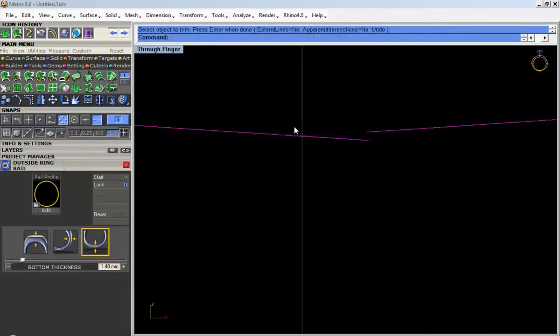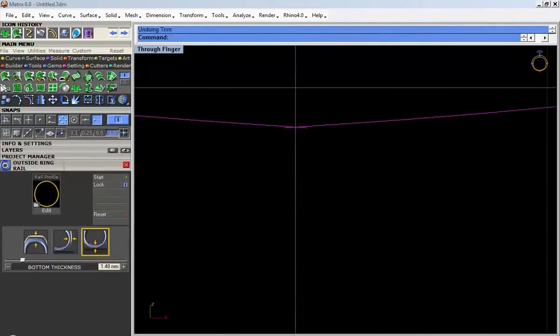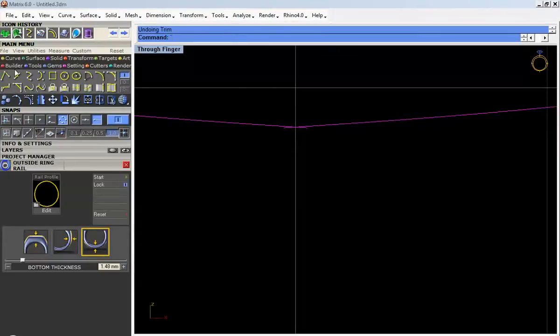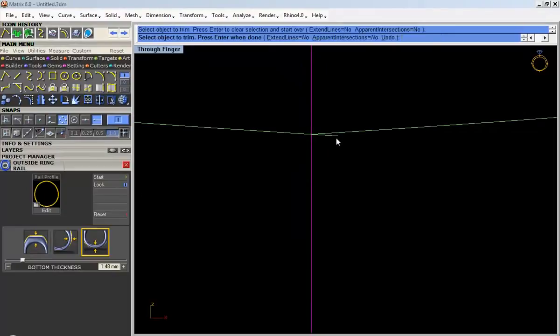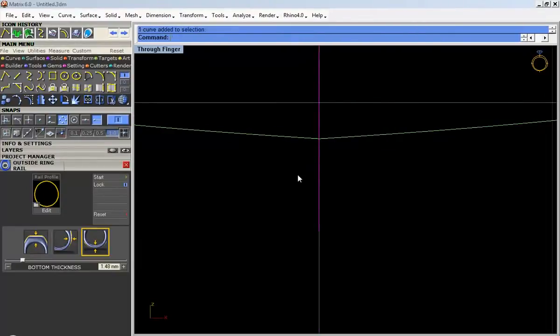Trim. Okay, no good. I'll make one line, curve F4, curve F4, straight, select this one, trim. Alright, delete, join,